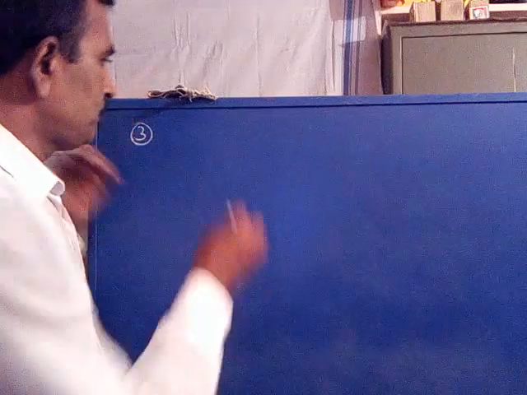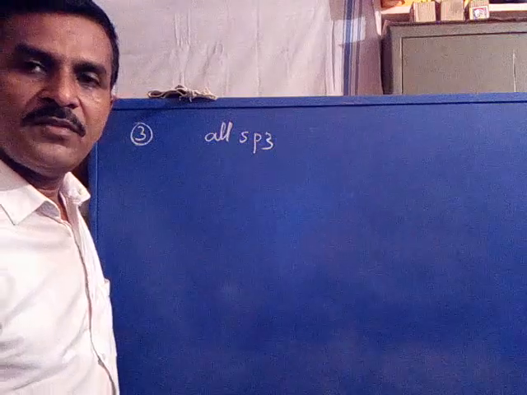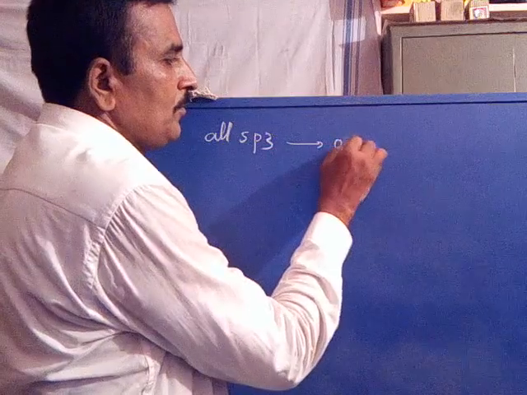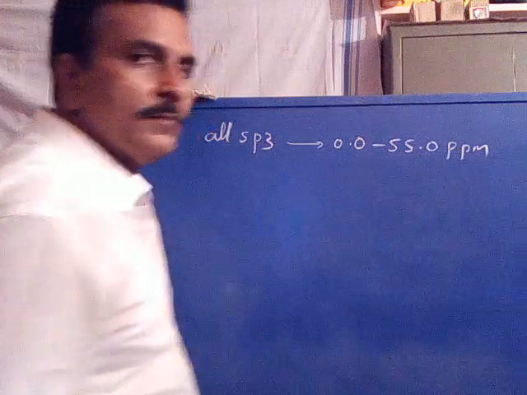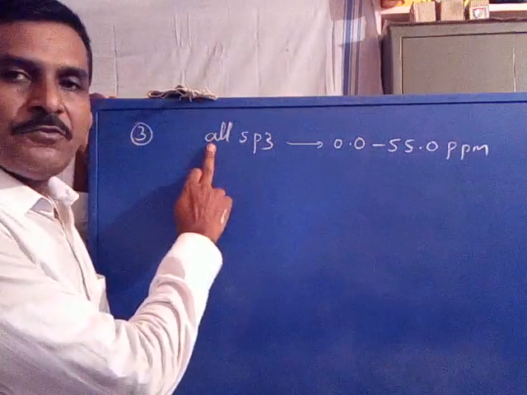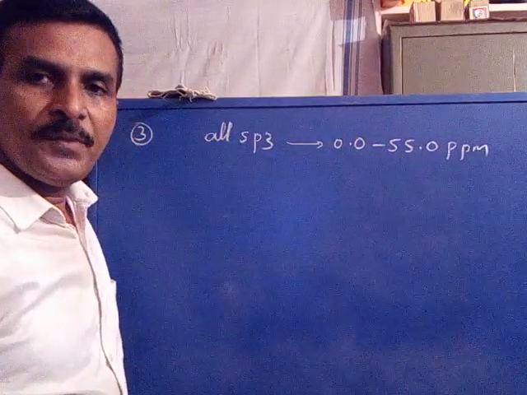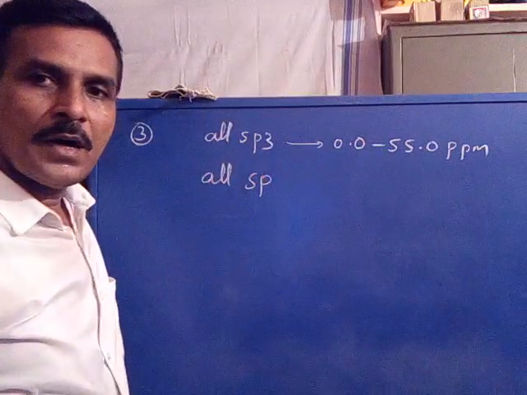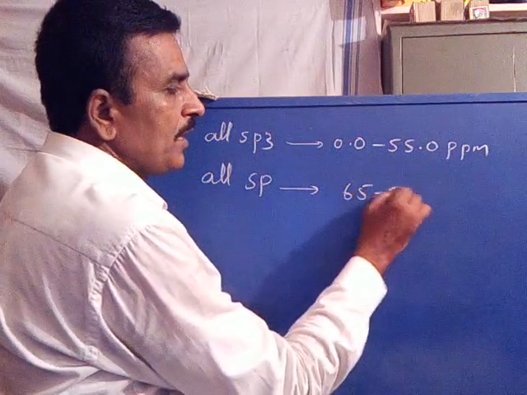because all sp3 carbon signals appear between the range of 0.0 to 55.0 ppm, whereas all sp carbon signals appear between the range of 65 to 90 ppm,